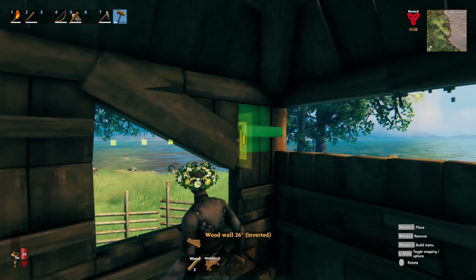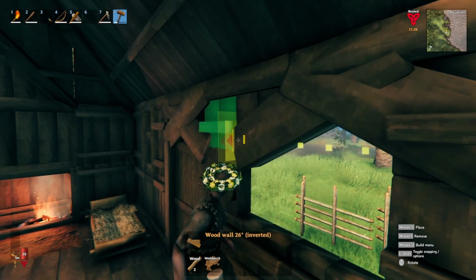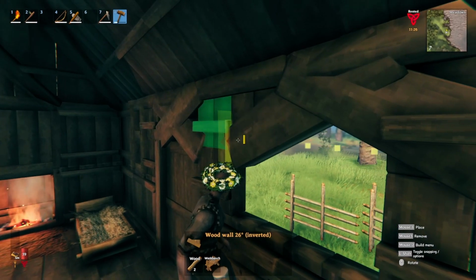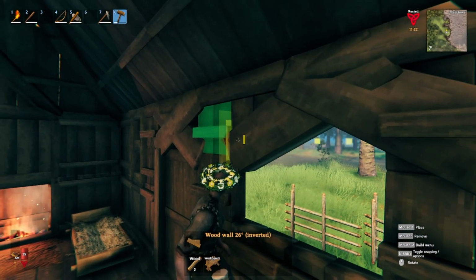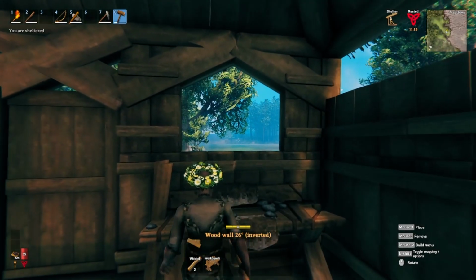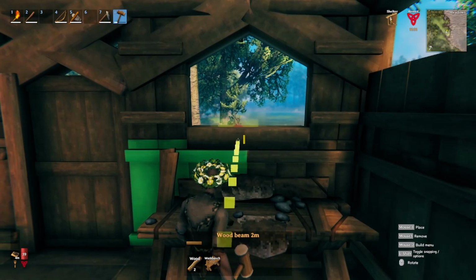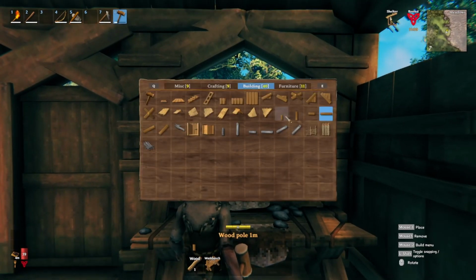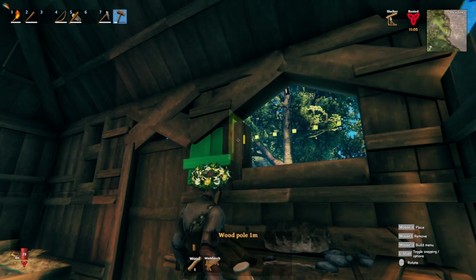Maybe I'm not. I could snap it back into that corner, couldn't I? Snap that back. So instead of aiming at the end or the edge of this wood wall piece, I am aiming a little further down, and it's just snapping into it like that. Yeah, I like that. We'll cap it off with a beam there. And we'll just...